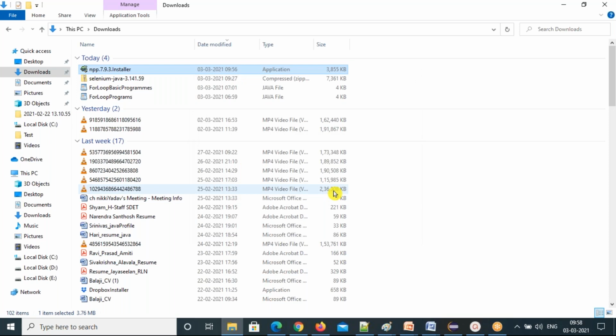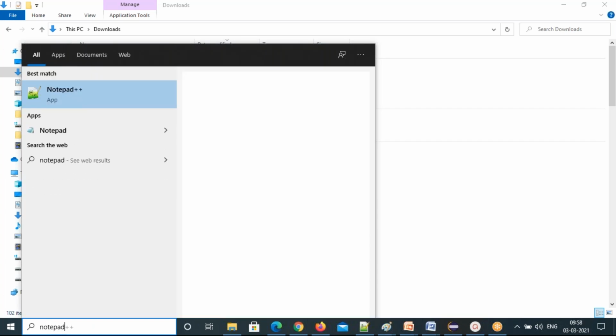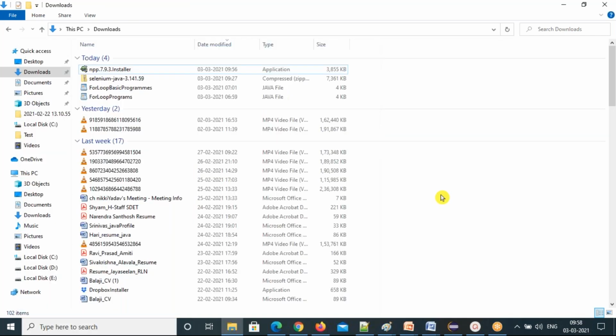It will install your software. A column came up: create shortcut on desktop. You can, if you want a shortcut. Every time you don't want to type Notepad++ here, otherwise you have to find it by typing like this and choosing. If your shortcut is there, you can click on the shortcut and it will open for you. If you want a shortcut, you can keep it. Otherwise, leave it. No problem. Just finishing. It got finished and that's it.